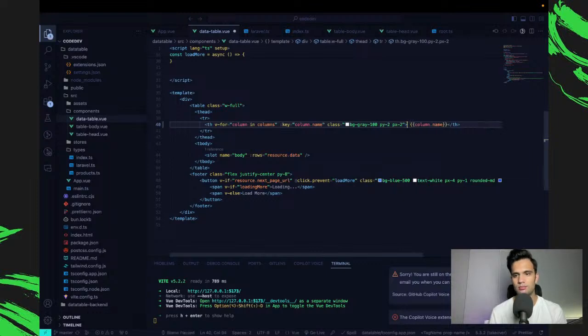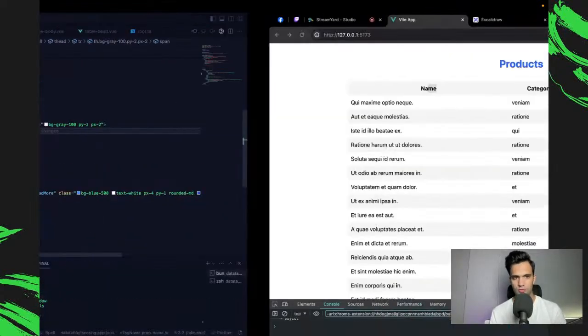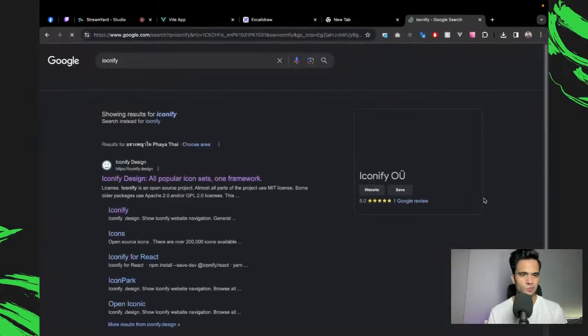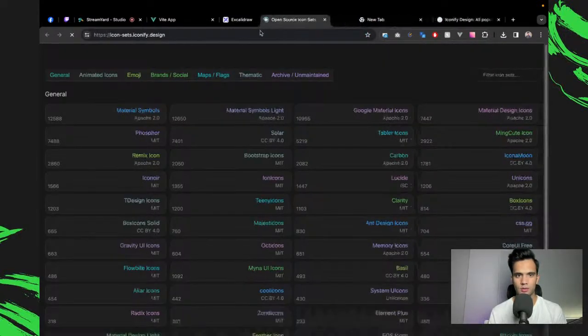So I can put basically two icons here, two spans here. Now, should I really just get the SVG? Maybe I should. Iconify. Iconify is a good resource for your icons.